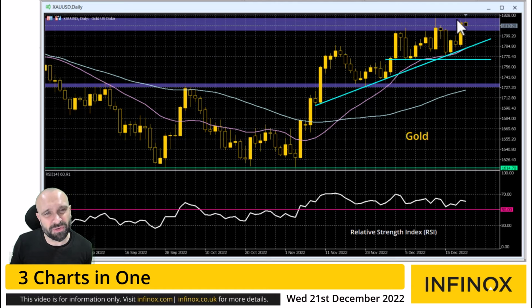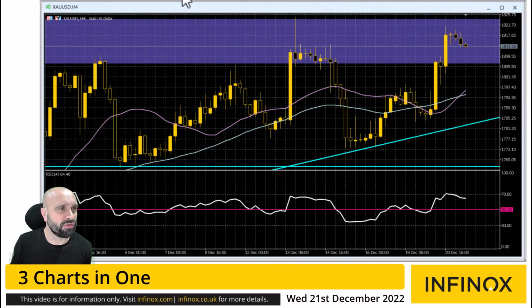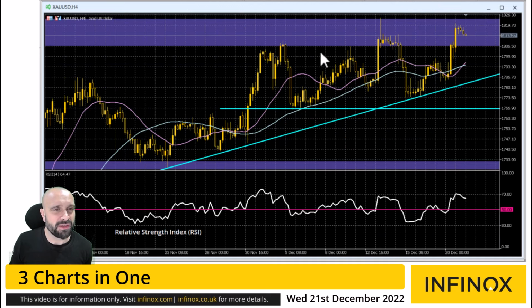So any sort of corrective move back within that uptrend is a buying opportunity seemingly. And I think that anything that unwinds the RSI back towards the 50, 55 area is also a buying opportunity. I think it looks positive on the gold price. I think it looks consistently as though it's posting higher lows and higher highs, and I think that means testing of the resistances to come. So you've just pulled back from